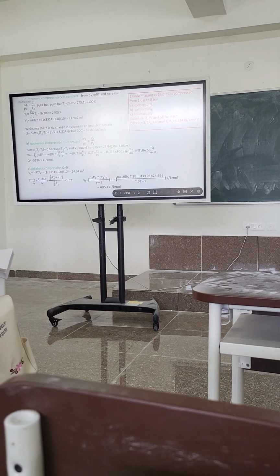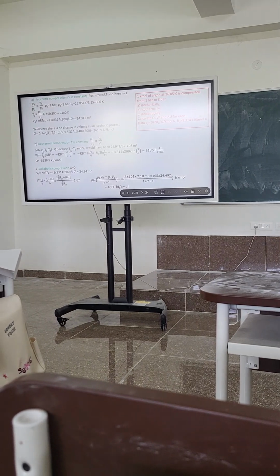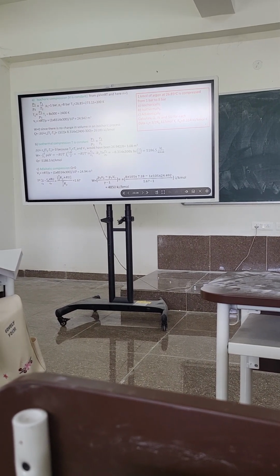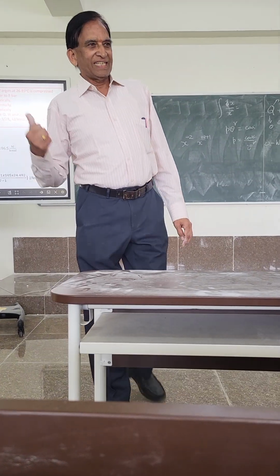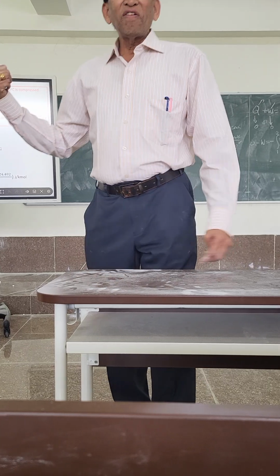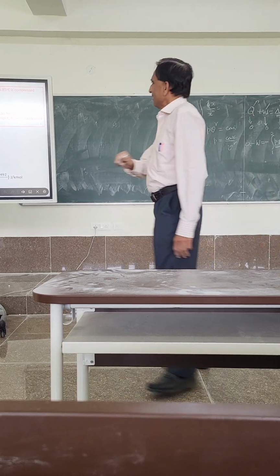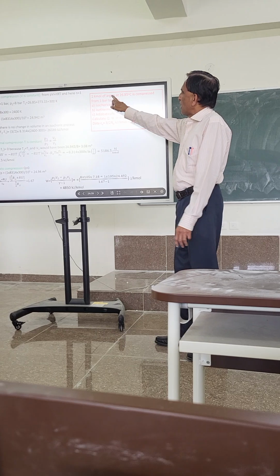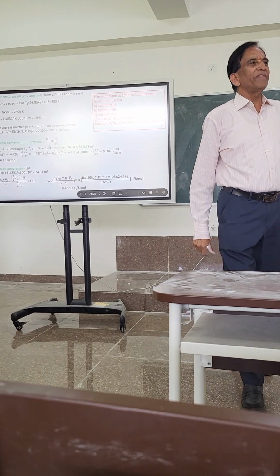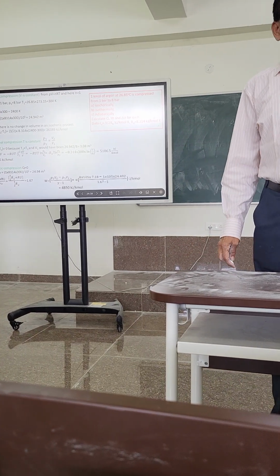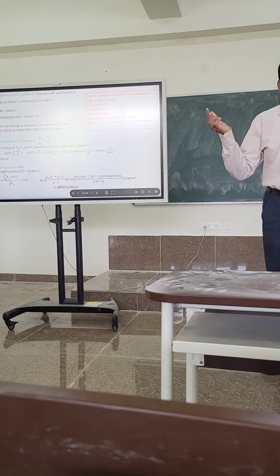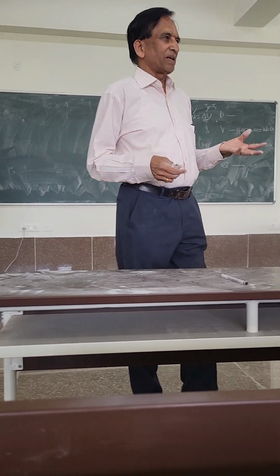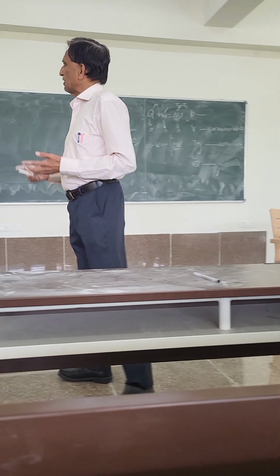Here is a question, and I want you guys to do the calculation. I'm going to give the question. I know some of the intelligent people will just take a snap of that with their cell phones and start. Don't do that. Okay. Here is a problem. 1 mole of argon, and the molecular weight of argon is 40. If you don't know this: nitrogen 28, oxygen 32, methane 16, water 18. So argon is 40.